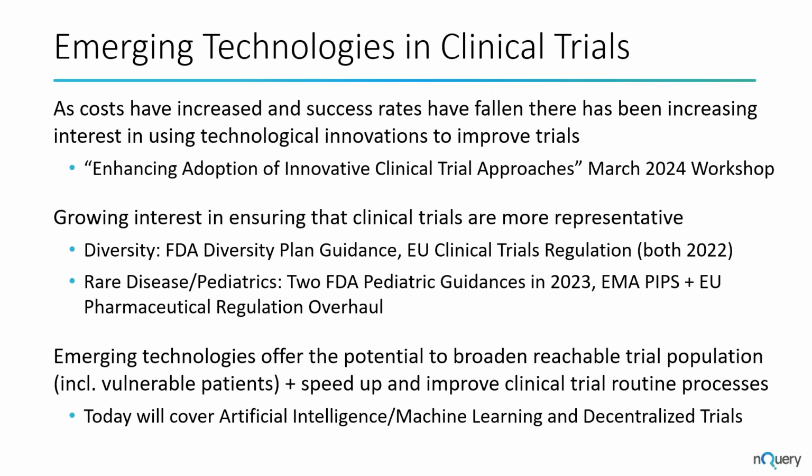And obviously the regulations around that are huge, and you're seeing a lot of interest right now in the open source R environment for helping alleviate some of those issues. But today we're going to cover specifically AI, machine learning, and decentralized trials as two aspects which could provide help with both improving diversity and also speeding up and improving clinical trial processes. So